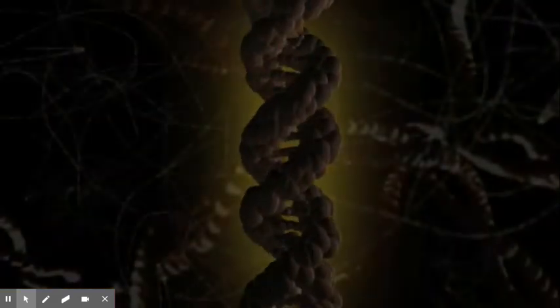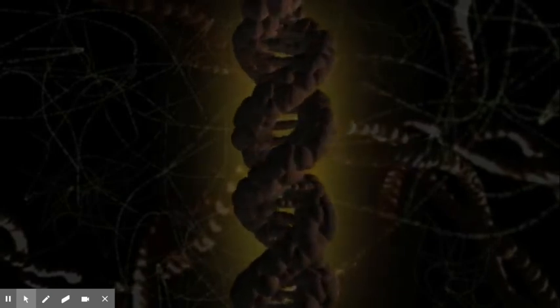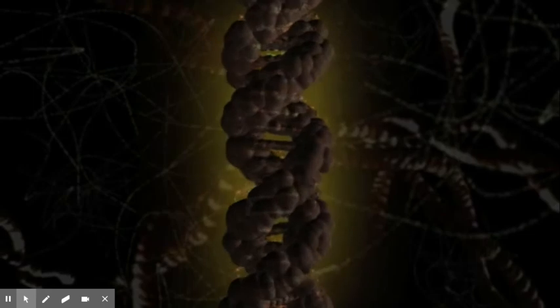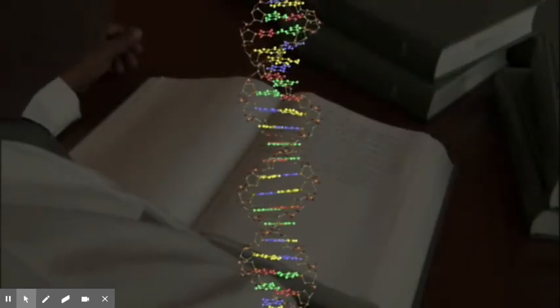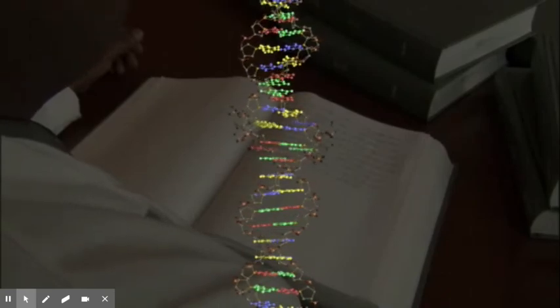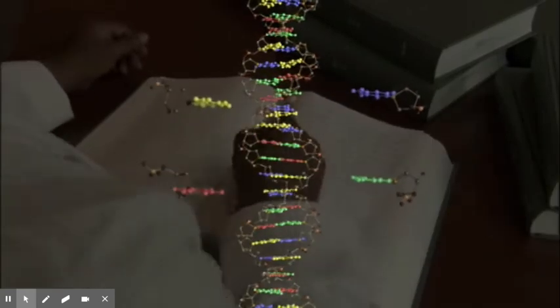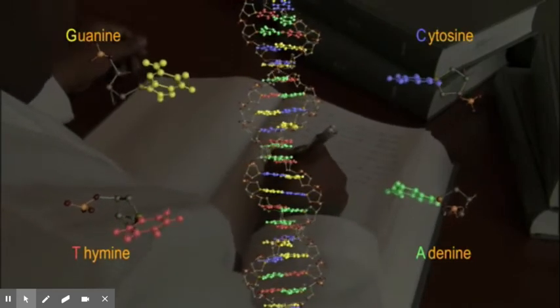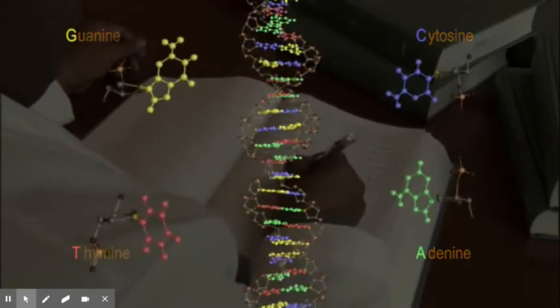And as we zoom in, you can begin to make out the rungs on the ladder. Each of these rungs is just one of the 3 billion ladders that make up the book of our instruction manual. These steps of the DNA ladder are composed of just 4 different molecules: adenine, thymine, cytosine, and guanine. And it is common to refer to them by their initials: